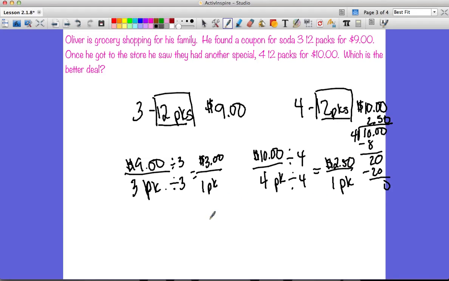So in this case, the better deal would have been the 4 12-packs for $10. Even though you're paying the extra $1, you're still getting one more package, and you're paying 50 cents less per package. So in this case, we can write our answer and say that